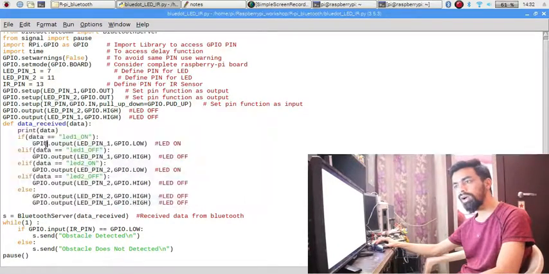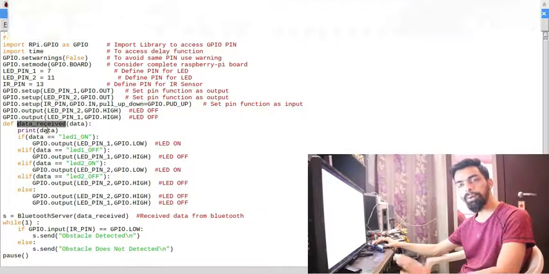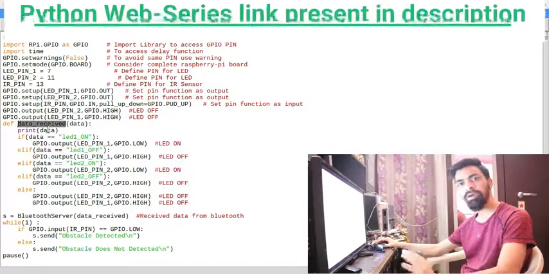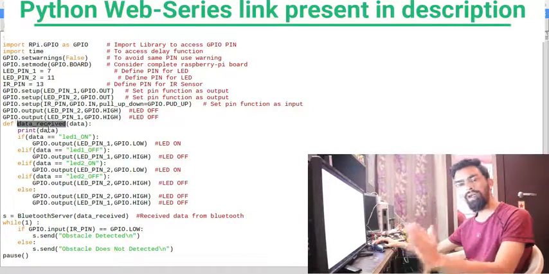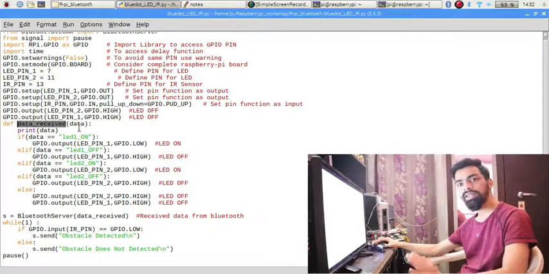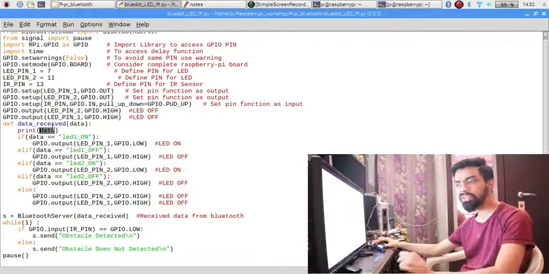If you want to learn how to declare a function, I have already explained it in my Python web series, so you can go and learn the basics of Python. I will add the link to that series in the description. Once the data_receive function is invoked, it prints the data. Whatever data it receives, it first prints on the Python terminal.